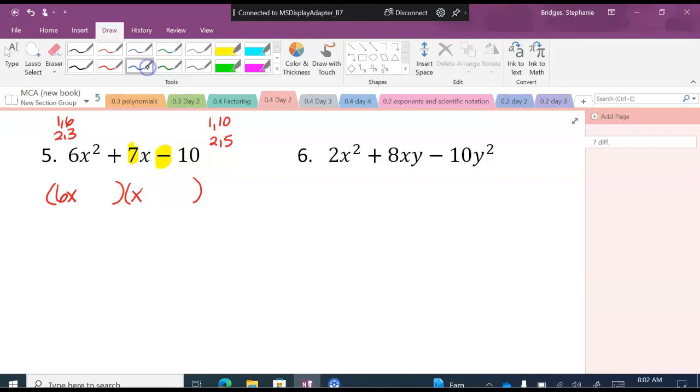And remember what I told you about this last term. I rarely use that large number. So I'm going to start with the 2 and the 5. If that doesn't work, then I will change it to the 1 and the 10. However, another thing we need to be careful of. When I decide the placement of my 2 and my 5, one of the numbers is not allowed to go